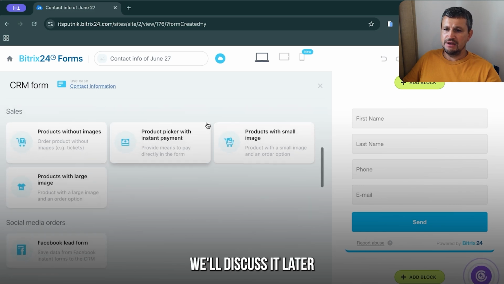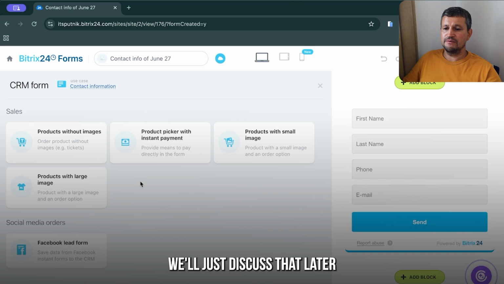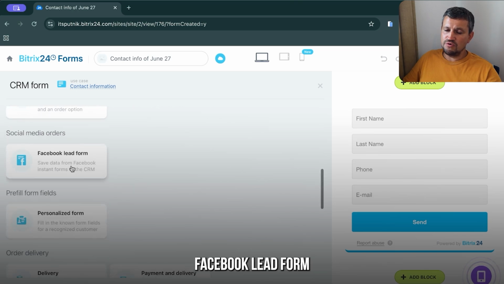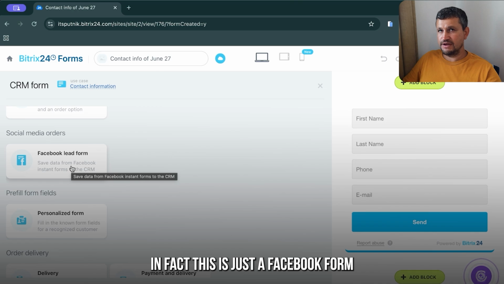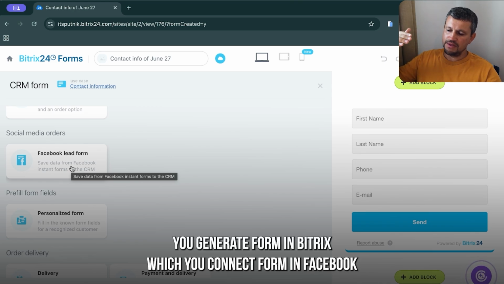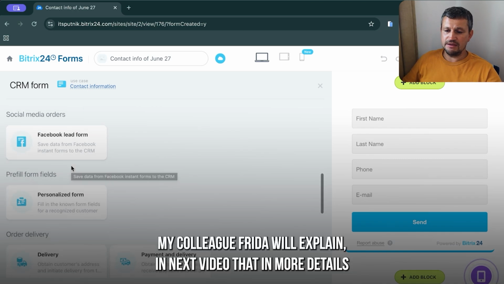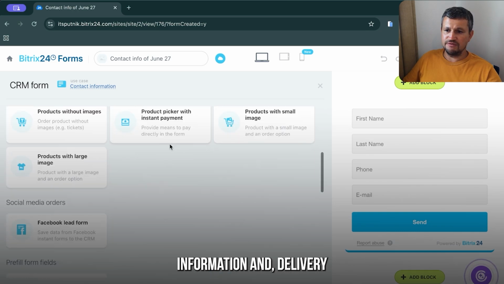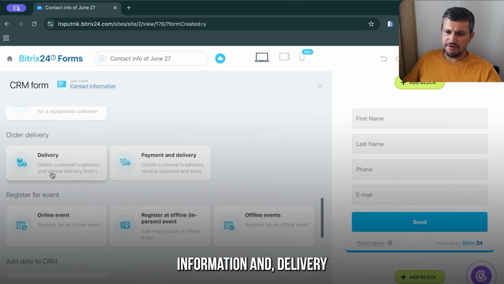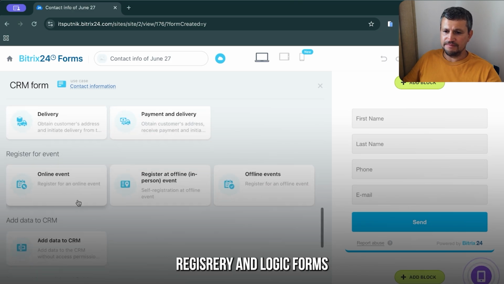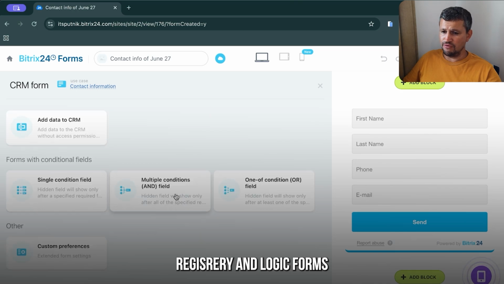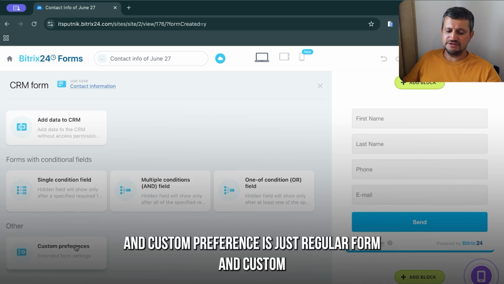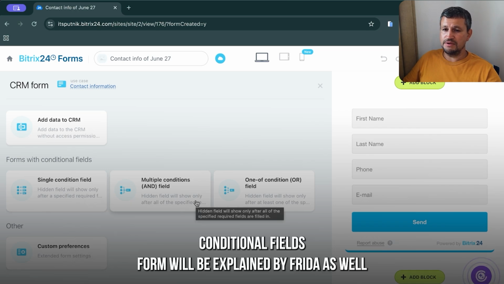We'll discuss that later. You can generate a form with products, which we'll also discuss later. Facebook lead form is, in fact, just a Facebook form. You generate a form in Bitrix, which you connect to the form in Facebook. My colleague Frida will explain that in more detail in the next videos. A personalized form is quite the same as contact information, and delivery we'll discuss later as well. Register and logic forms, custom preferences, just a regular form, and custom conditional fields form will be explained by